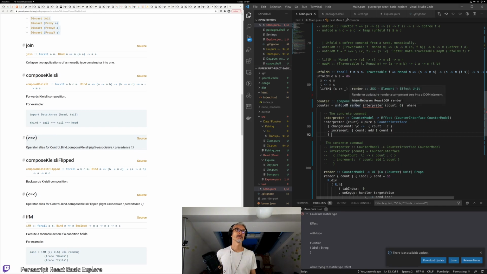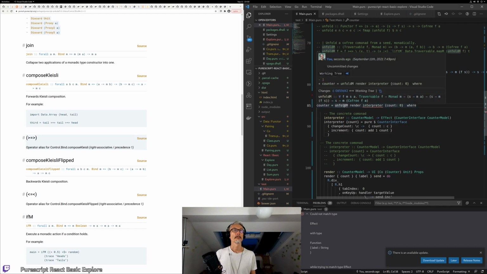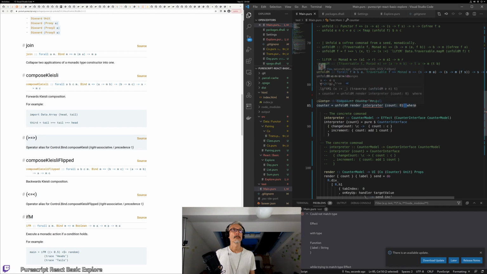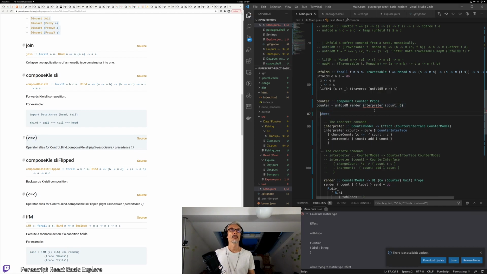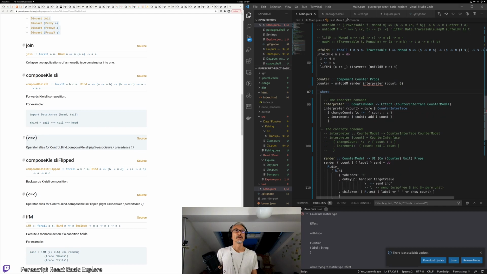So render. That's not the render. That's the render, and that's not the right type here. So we need UI to be in effect as well in order to use this. Although, I mean,